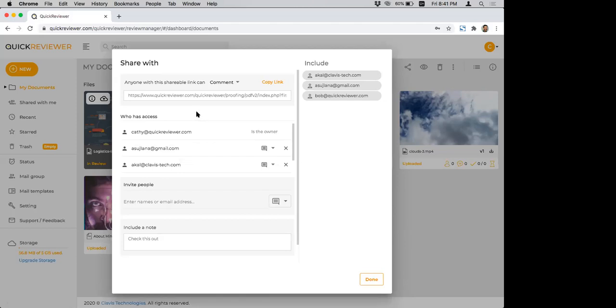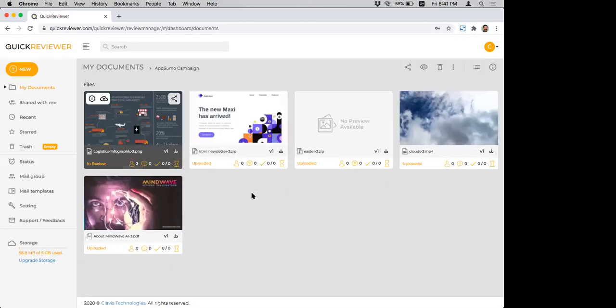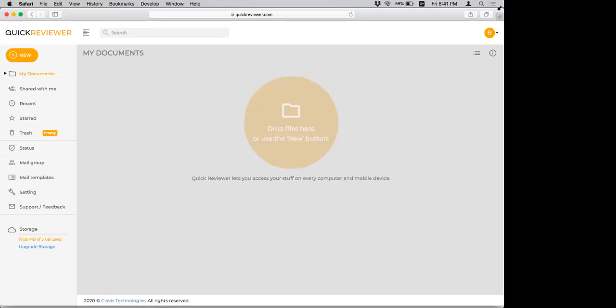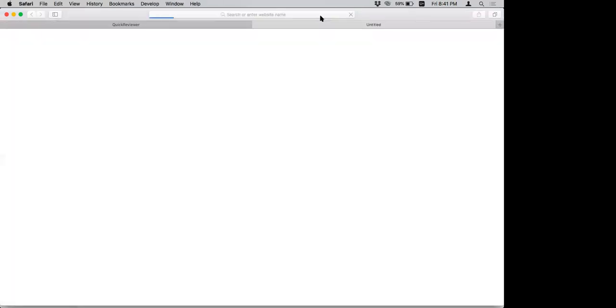Before I show you the email or something along those lines, I will just copy this link here, which means that you do not need anybody to log into the file or log into QuickReviewer to be able to view a specific file. For a quick way to show this, I'm just going to switch to a different browser, Safari, and I'm going to paste this link